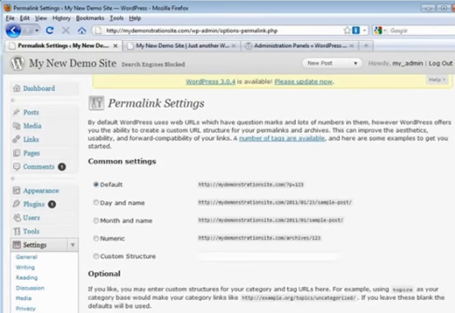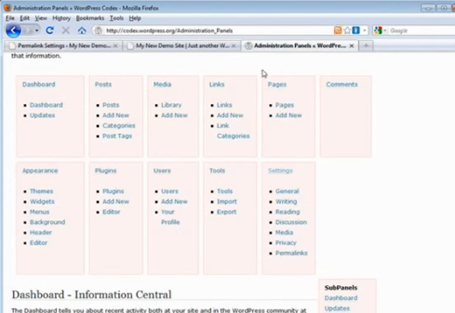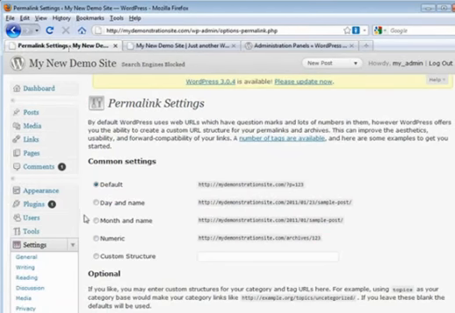And under permalinks, we'll cover this in greater detail in an upcoming video, but for the time being, if you want additional information on that, come on over here, click on permalinks, and it gives you the lowdown. And that's going to bring us to the end of this video on